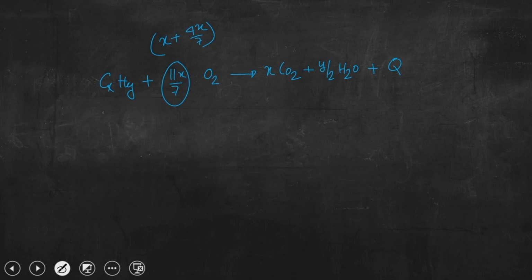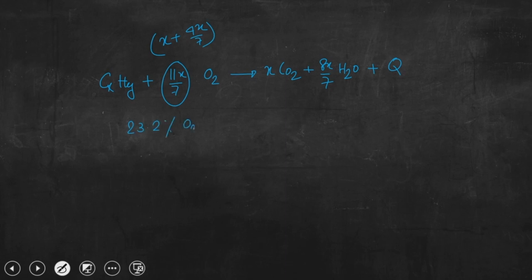Now, we should not write y, because we need to write in terms of x. So, we have written y equal to 16x by 7. So, y by 2 would be equal to 8x by 7, 8x by 7. And what we can write? So, what we can do? We know that